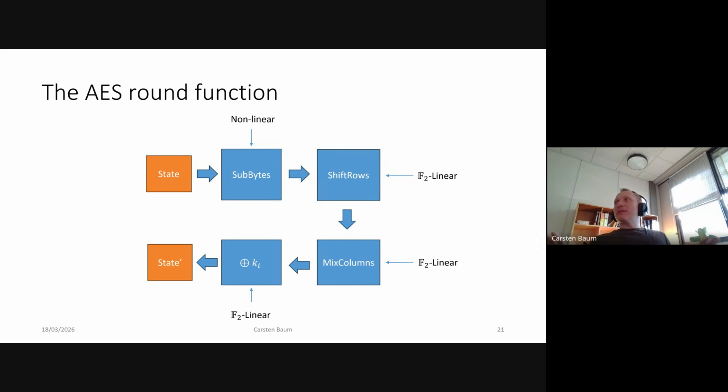And if you think about it from a ZK proof system perspective, if you commit to the state and if you commit to the round key, applying linear transformations is linearly combining commitments, which is for free, right? This is prover runtime, but this is not communication. And since we care about getting the signature size or the proof size small, that's great. So we have to think about what the S-box looks like.